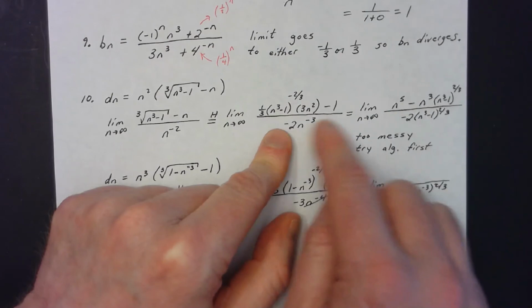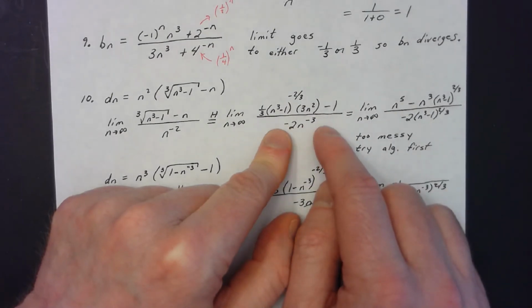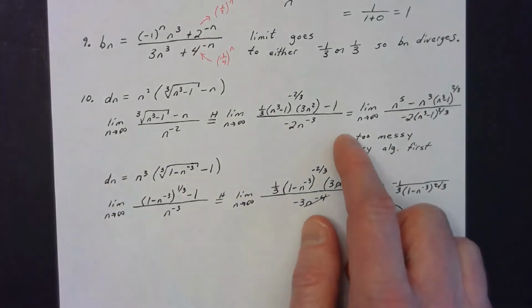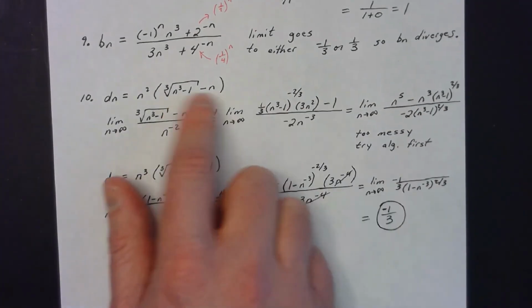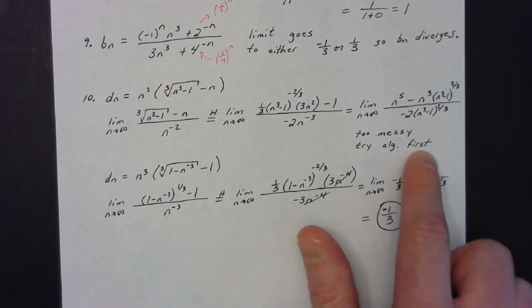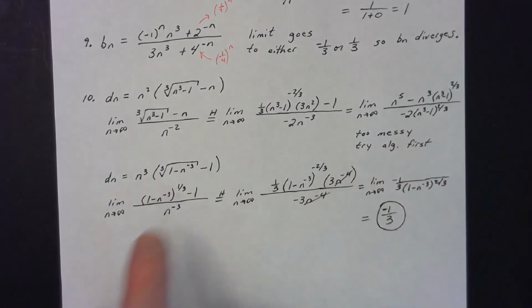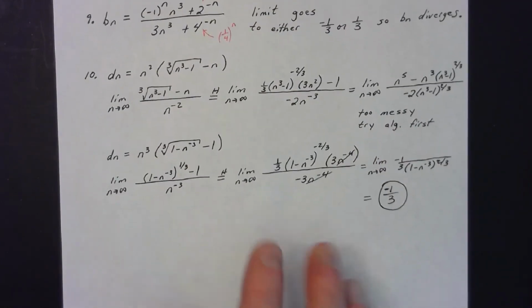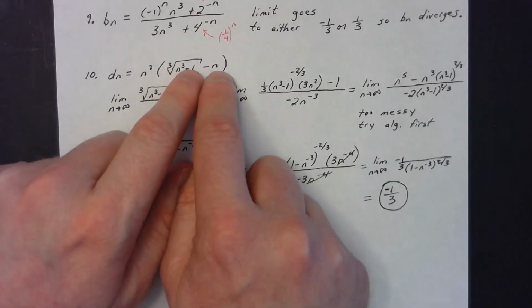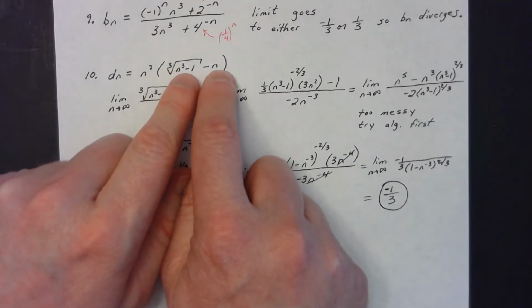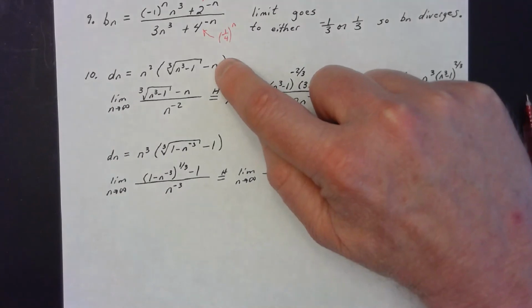It's getting worse as I tried to use L'Hopital. So instantly when I decided that that wasn't helping, I knew I needed to try another route. So I said, hey, how about I simplify algebraically before I do the L'Hopital's rule? I know L'Hopital's rule is going to be necessary in the problem. Here's what I did. I said, let's factor an n out of this group. You know the last term has an n.